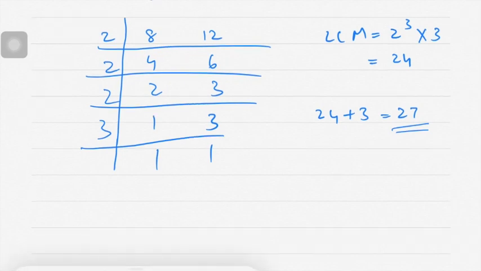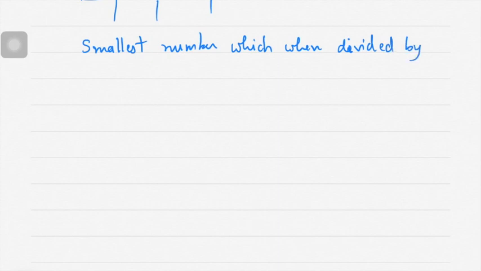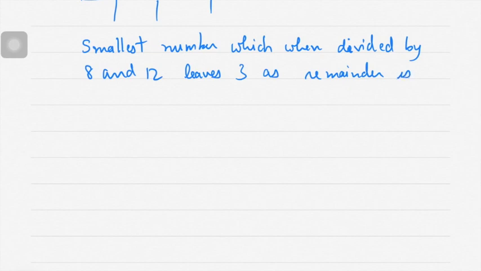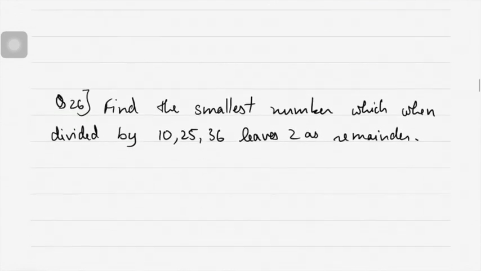Okay, so let's write: the smallest number which when divided by 8 and 12 leaves 3 as remainder is 27. So 27 is the final answer. Okay,